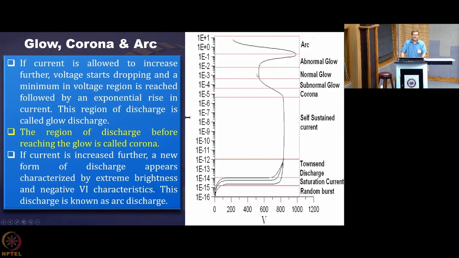So, after this, this glow discharge region, which ends over here, consists of different regions like subnormal glow, normal glow, abnormal glow. After that, if you increase the current further, the current is quite high, around 1 ampere or more, and your voltage reduces as you increase the current. So this negative V-I region basically corresponds to the arc discharge, which we have discussed a lot in the previous lectures: what the features of arc plasma devices are and how they operate.